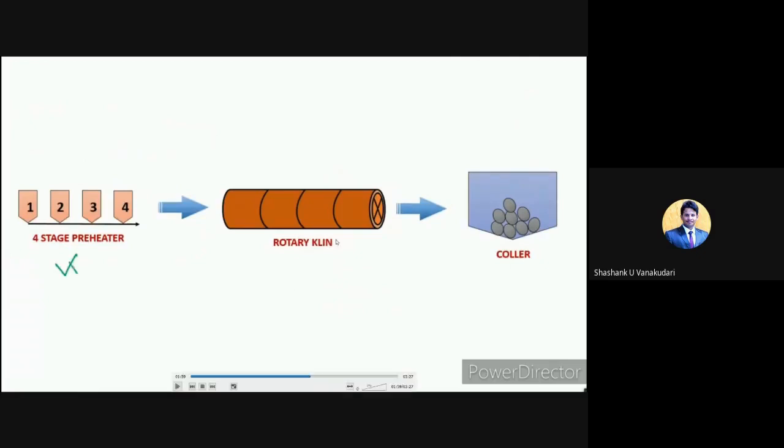And then here it comes with a four stage preheater. In this four stage preheater, all the raw materials are placed in each and every chamber, and it is like a storage place. Here they provide around 800 degrees Celsius of heat, and then it is sent to the rotary kiln. Here in this rotary kiln you can see it rotates at a speed of 60 to 150 rotations per hour.